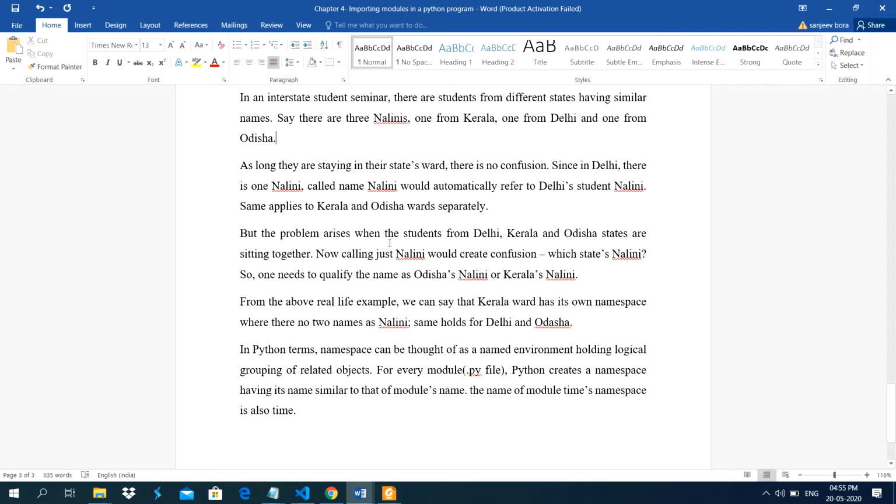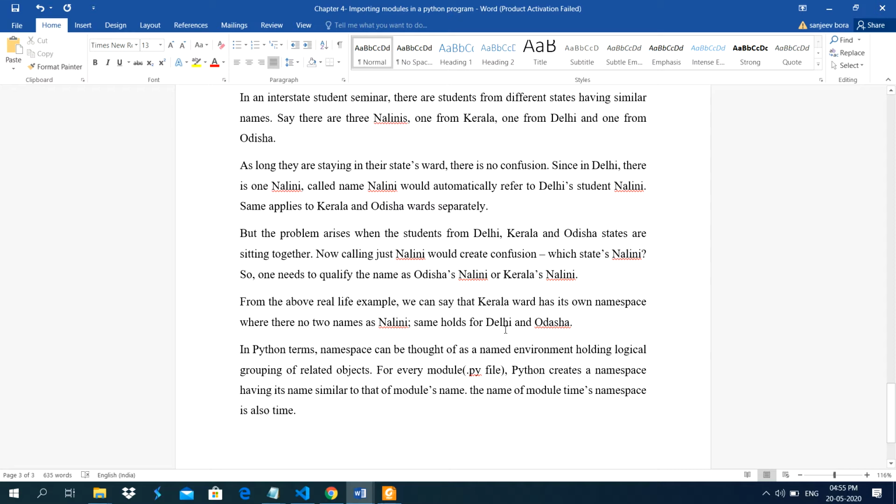But the problem arises when the students from Delhi, Kerala and Odisha are sitting together. At that time somebody can be confused when they shout, Nalini, come here. There is a state of confusion: which Nalini? From Delhi, from Odisha or from Kerala? So from the real life example, we can say that the Kerala ward has its own namespace where there are no two names as Nalini.